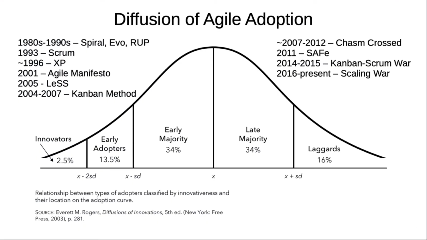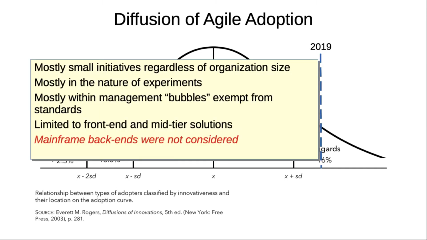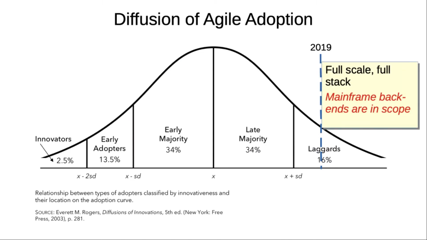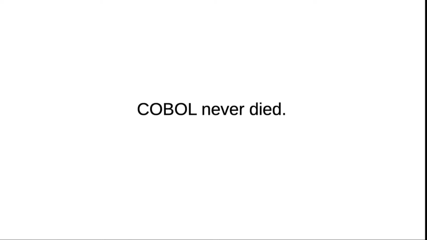What does any of this have to do with Agile? Well, in the past few years, Agile transformation initiatives in large organizations started to include the mainframe platform. And that means Agilists have to understand that platform and the languages that run on it. It turns out that Cobol never died. It was just hiding. Hiding in plain sight,